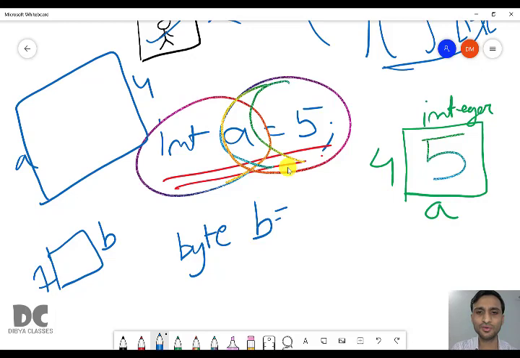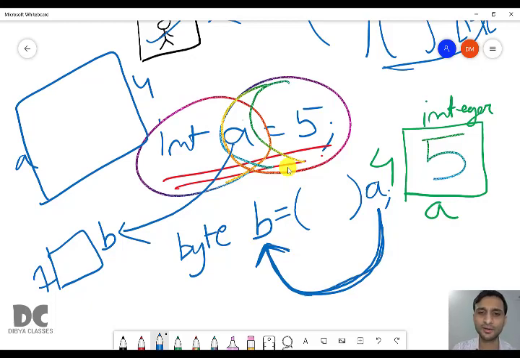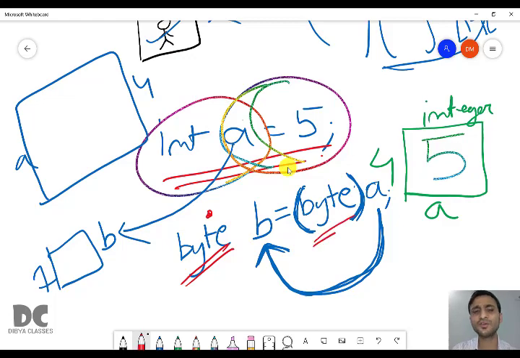Okay. So what you have to do? This is variable A. So you are doing what? You are taking the value from A to B. From A to B. Okay. Here when you write byte B equal to A, the value from A will be shifted to B. But we have to tell that we have to convert this into byte, because if we don't convert it to byte, we cannot store in byte. So in bracket we have to write byte. Very simple syntax to remember. Whatever is written here it is written byte. In the bracket also you have to write byte.